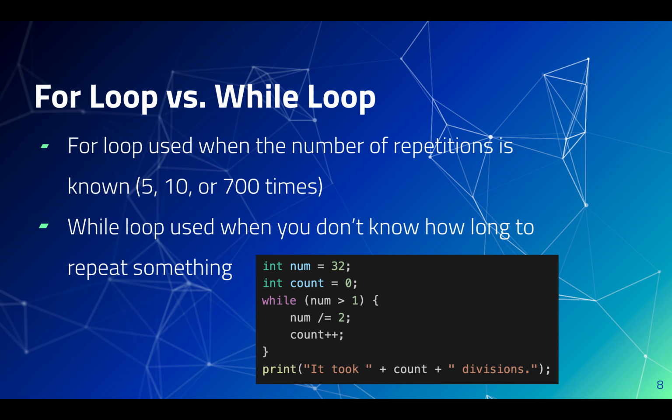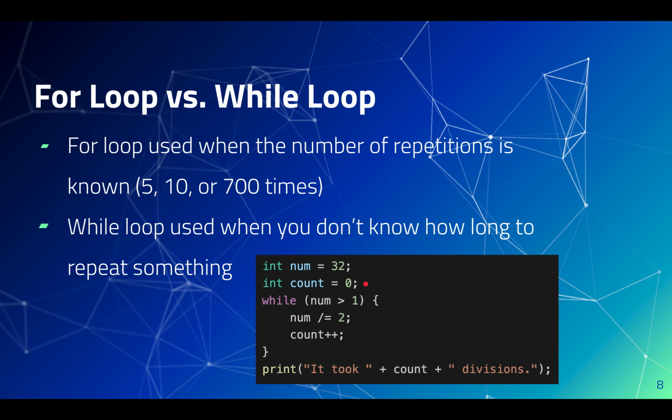Okay, so the count variable would be 5 at the end. It starts off as 32, and then we divide it and we get 16, and now count is equal to 1. We divide it and we get 8, that's 2, and then we divide it again and we get 4, and that'll be count is equal to 3. Then we divide it again to get 2, and now count is 4, and then finally we divide it one more time to get 1,